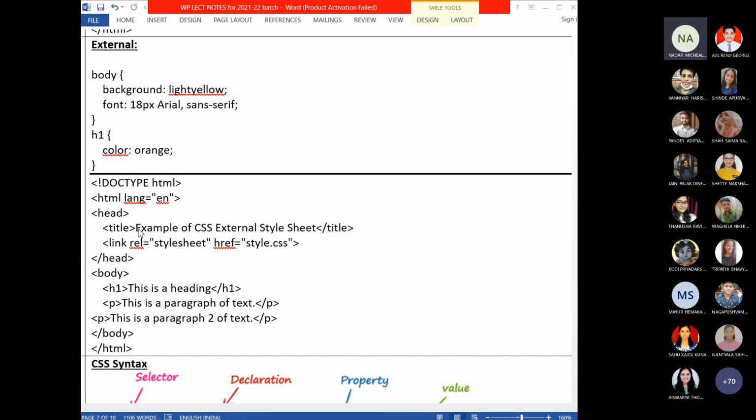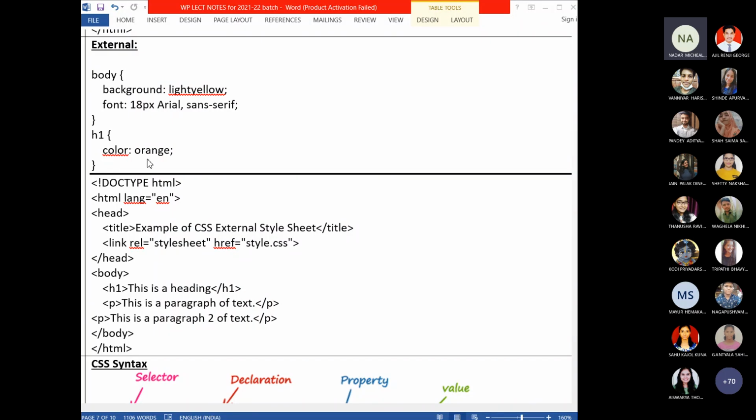Observe that the link tag must be written within the head tag only. Then within the body tag, to use these style definitions, you will write the tags. Here, for the body tag and h1 tag, you have given style definitions. In the h1 tag, I have written some text. This heading will be displayed in orange color, because for h1 I have given color equal to orange.